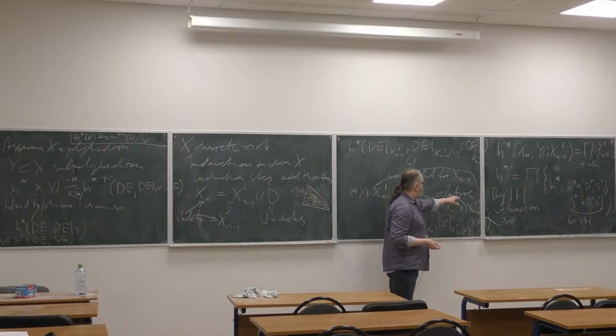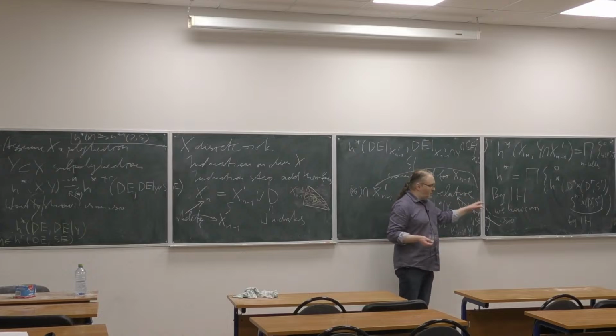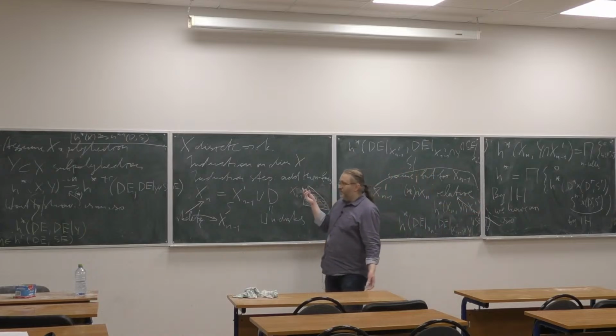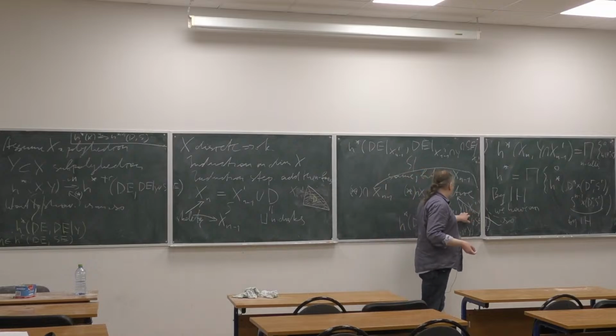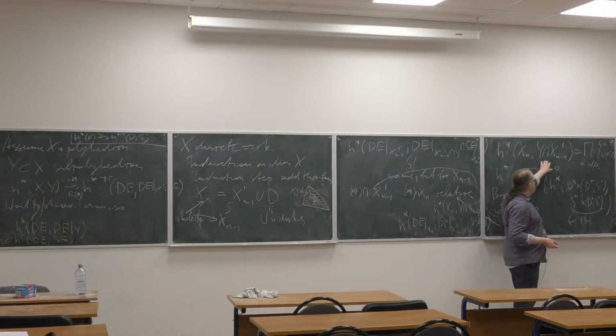The relative cohomology for one long exact sequence is just this, and for the other one is this. And we want to, well, first we observe that both sides of